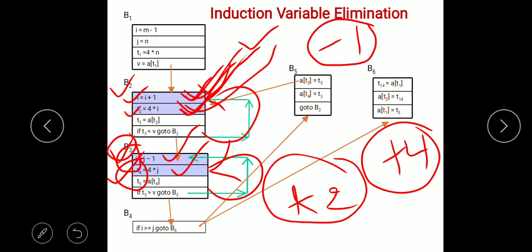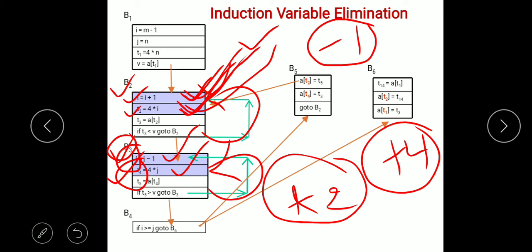So in B2 and B3, the variables T2 and T4 are changed by a fixed constant value, that is +4 for T2 and -4 for T4. So these are induction variables.